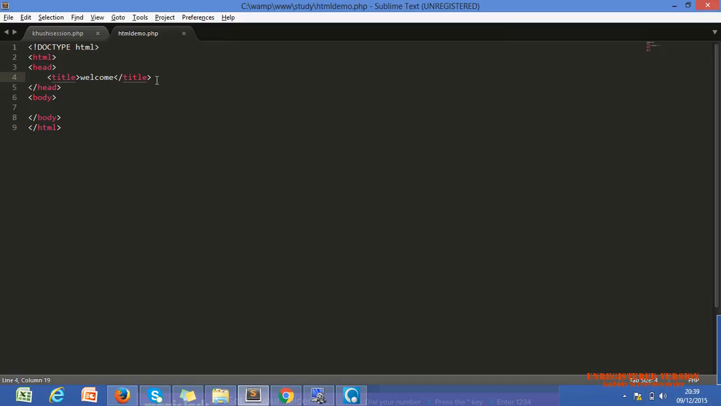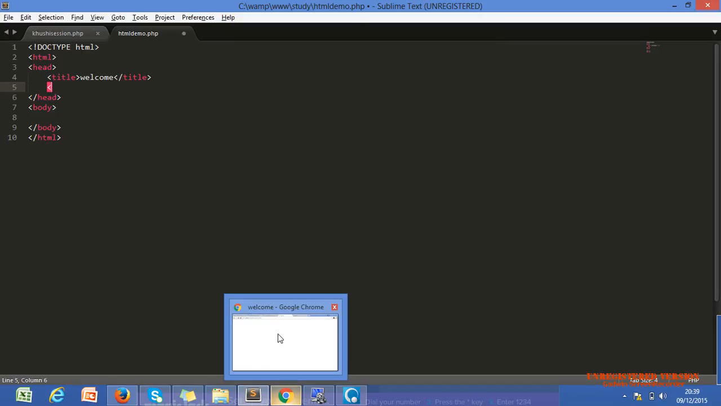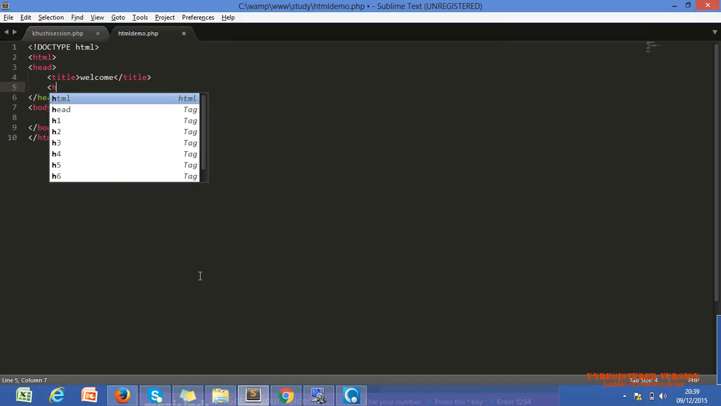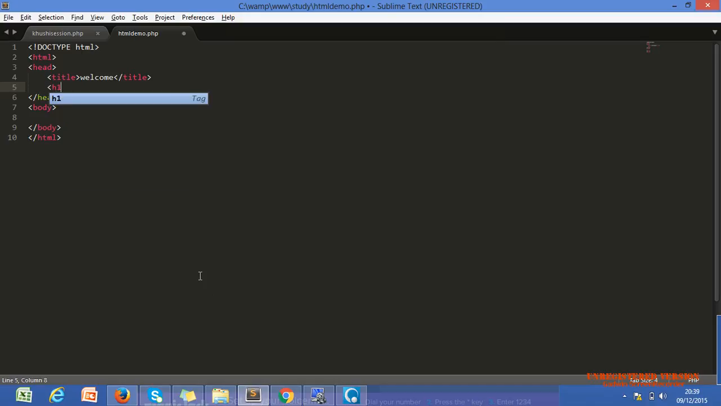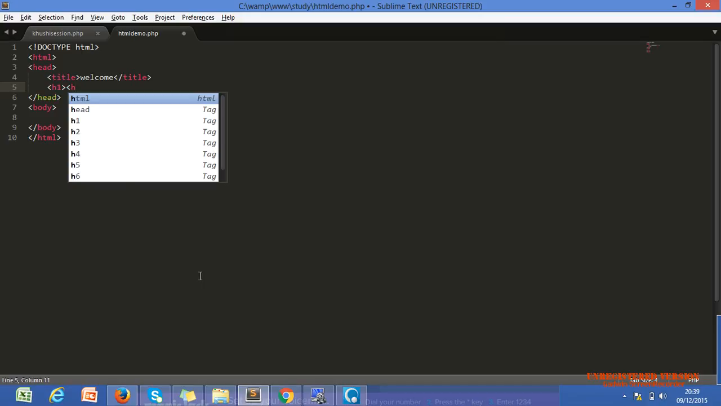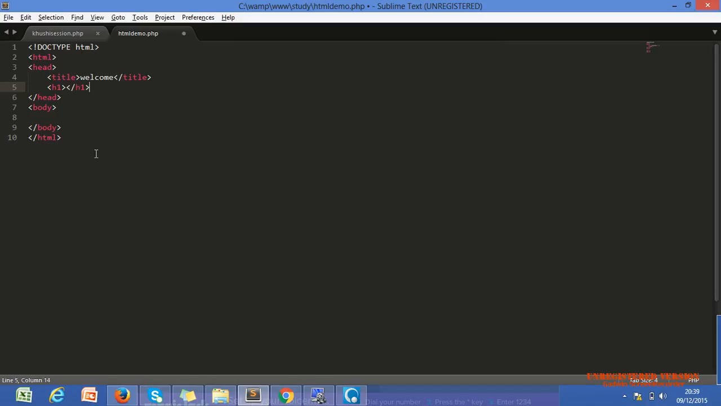You can use this to display a heading in the browser. This is our main screen, all blank. If you want to display any heading, you can use H1. This is the ending of H1. Within this, if you write anything, for example, welcome page, okay,